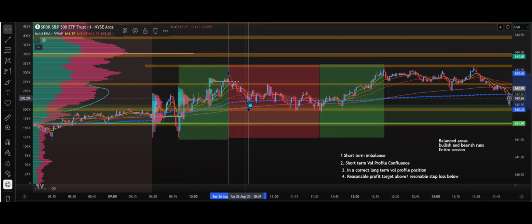So you could scalp that down to VWAP. That's kind of not large enough of a trade for me. But also this long-term node or high volume node, we're at the bottom of it, we're still kind of in the bullish area. So I wouldn't love to take that trade. But if you're a high volume scalper, then that's a possibility to scalp down to VWAP,